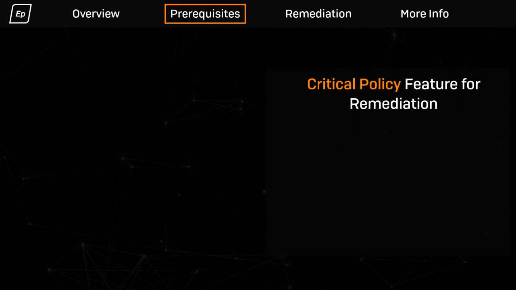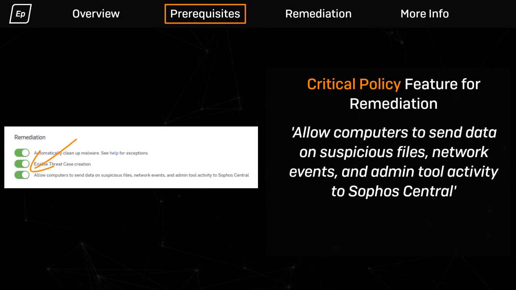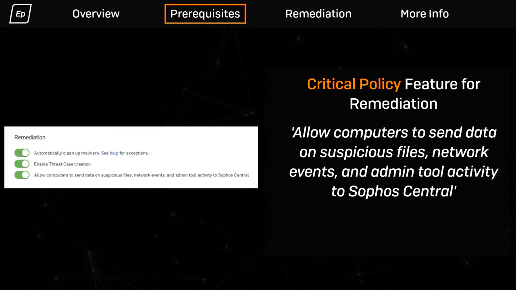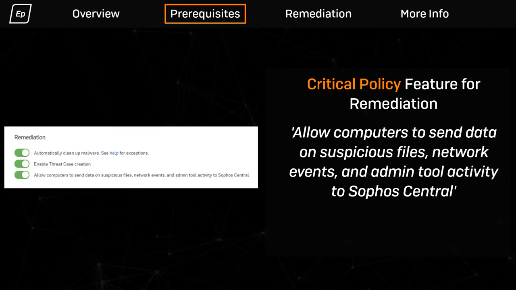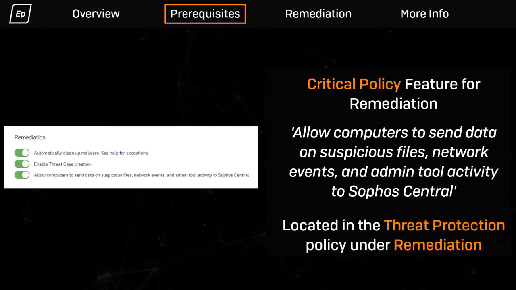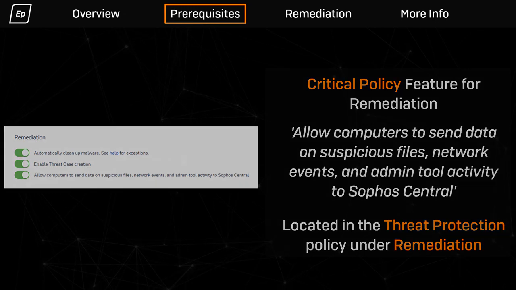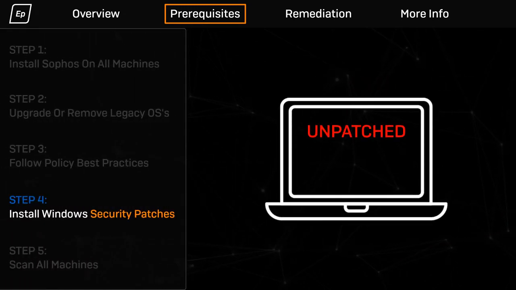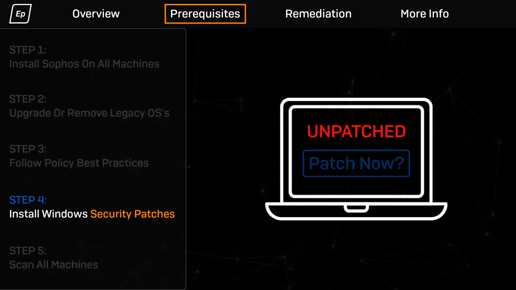It is critical that you enable the feature to allow computers to send data on suspicious files, network events, and admin tool activity to Sophos Central. This feature can be found in the endpoint as well as server threat protection policy and is part of the EDR license. Now that the policies are set up properly, you'll need to ensure all machines have the latest Windows